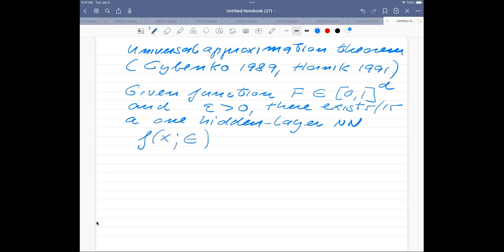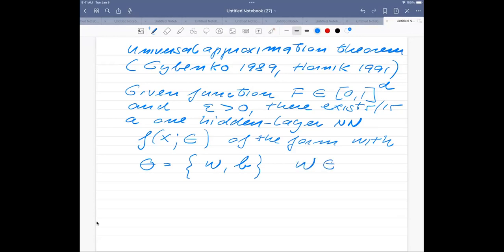So it has an input x of the form, with this theta, which now contains some weights which link the input layers with the hidden layers and the nodes there, and a parameter b, which is called the bias, where w is typically a matrix of dimensionality n times n, and this b is a vector of length n,